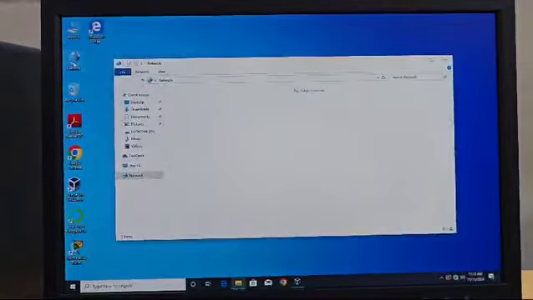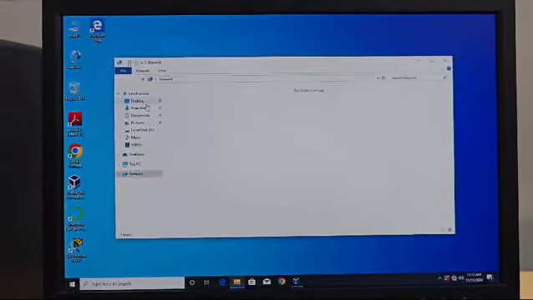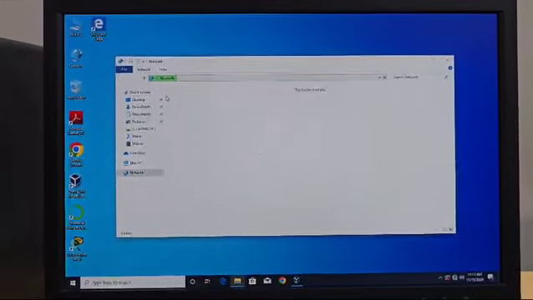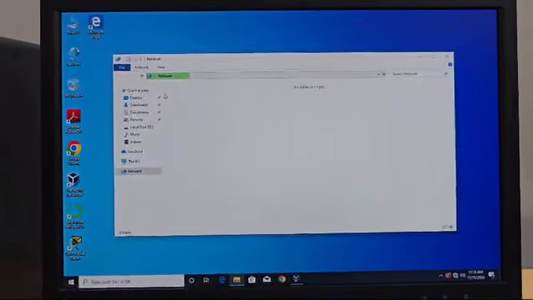Now we will do the configuration of all the systems in a network. Go to Start, then My Network.